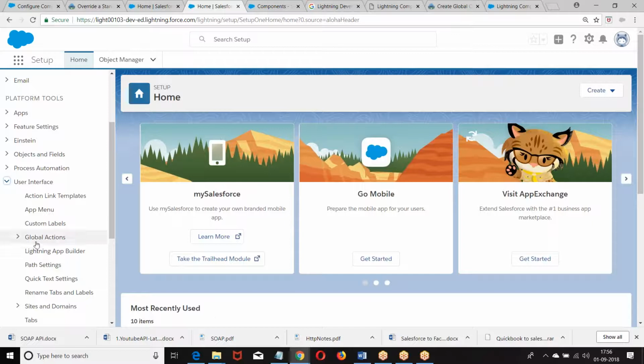User interface, global actions, publisher layouts.